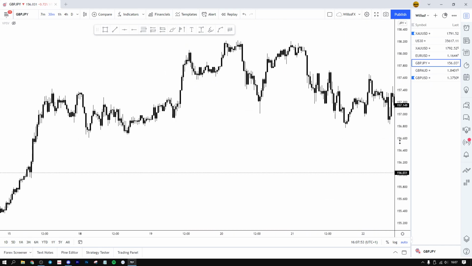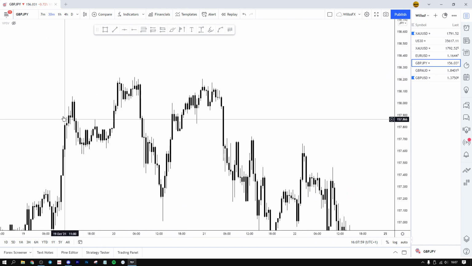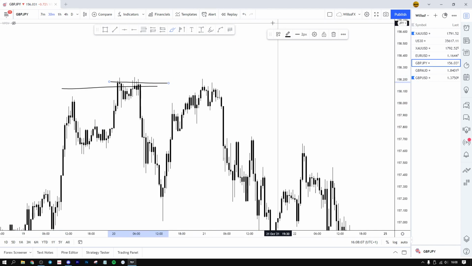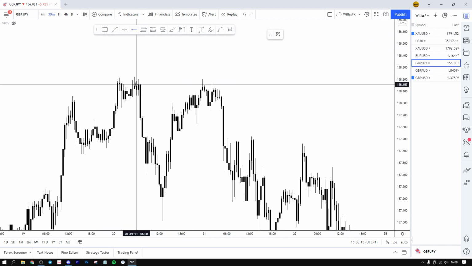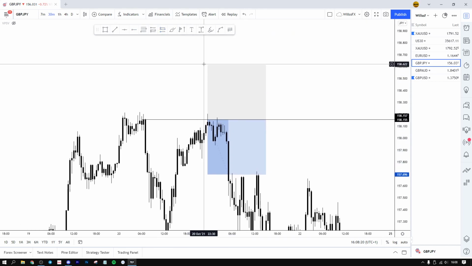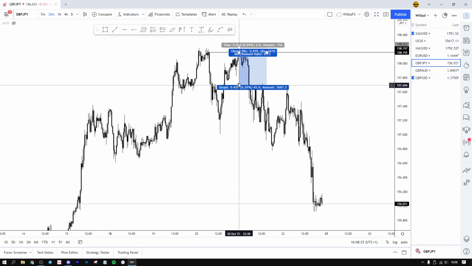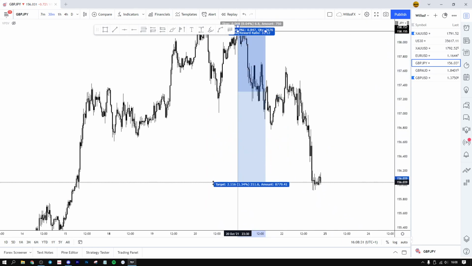You can see this exact thing happened on GJ this week. So we had this high created, and then price in this area here struggled to break above the high. So we created a new high, struggled to break above, and this area here was formed. Remember I said top of the order block to get the entry, this level here, sell limit placed here, stop very, very tight just above the wick, 6.8 pip stop. Where do you target? You could target this order block, this order block, this order block,